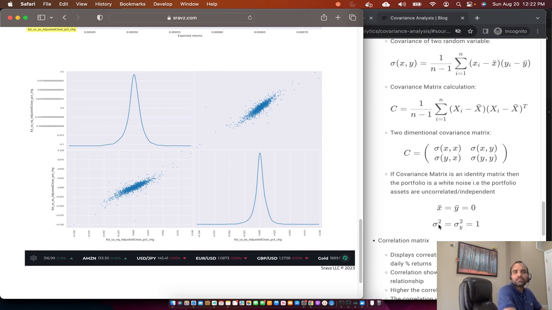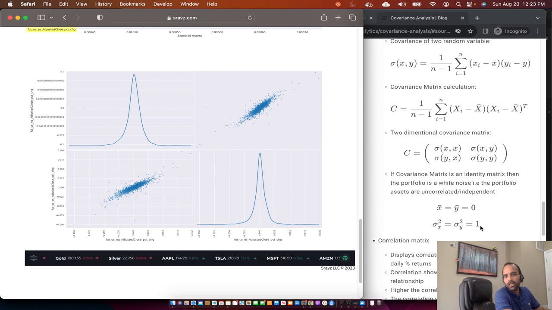In the time series analysis, if you remember, we did a unit root test to check if a time series is a random walk. Using covariance metrics, we can also determine if a portfolio is a random walk. A portfolio is a random walk if none of the assets are correlated to each other. Their variance, covariance. So